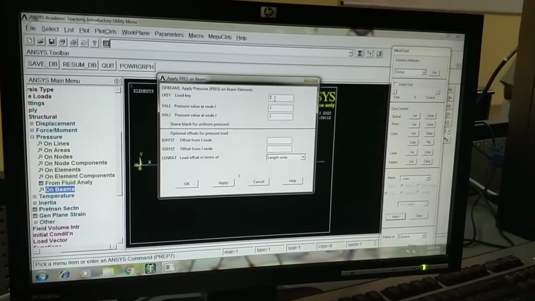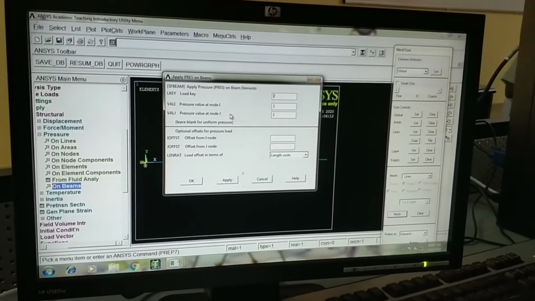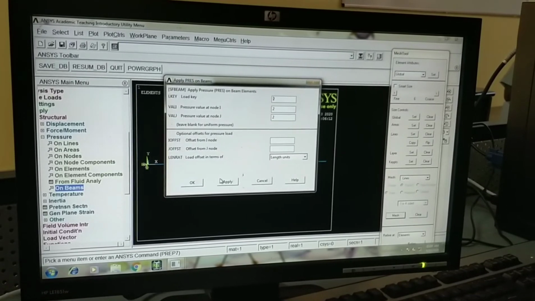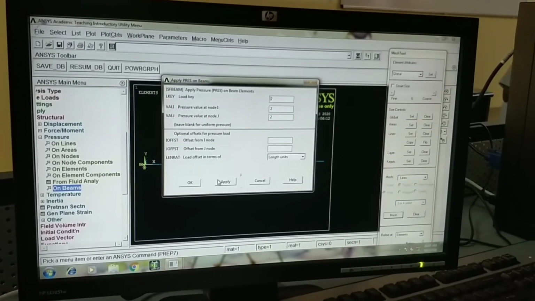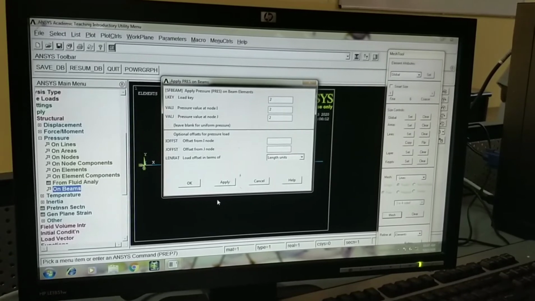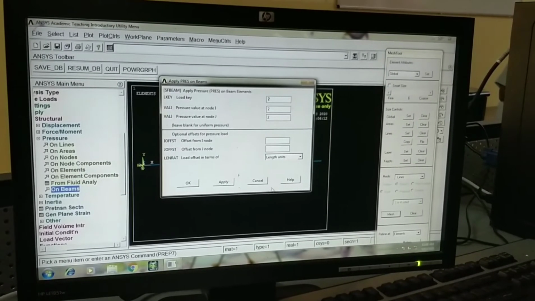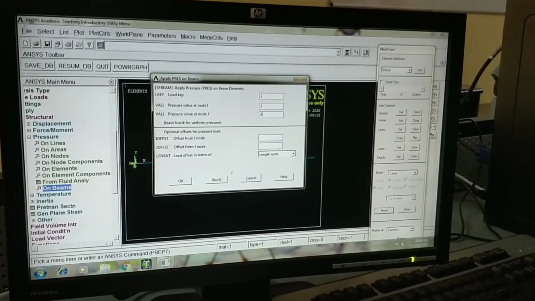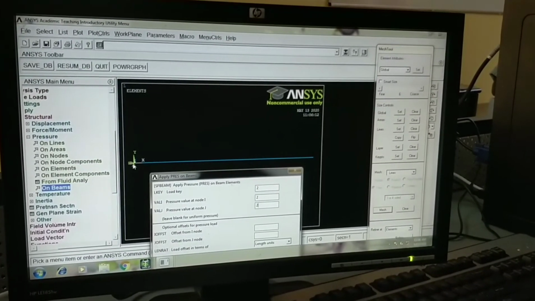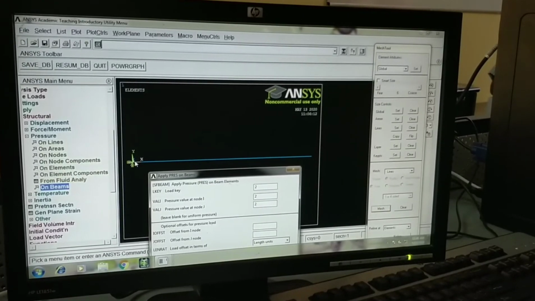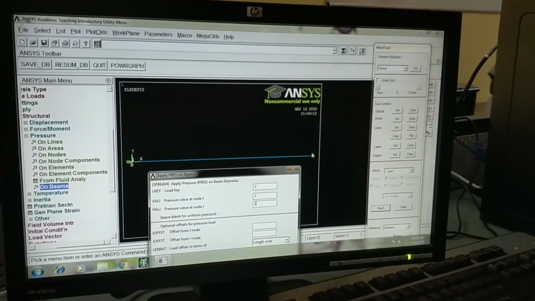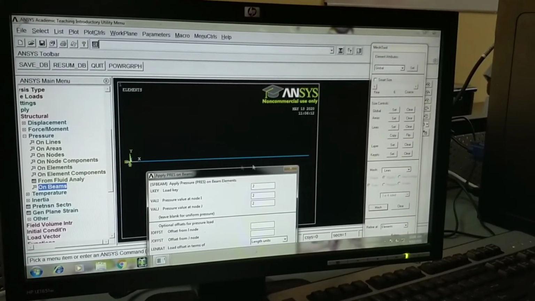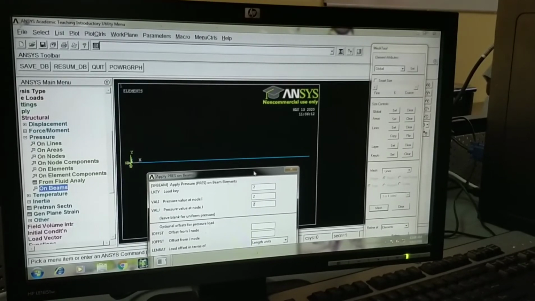So that is the reason why I will give it as 2, and the load value is 2 kilonewton per meter, since all the loads will be taken in terms of Newton and all the dimensions in mm. So kilonewton per meter will get cancelled out. So finally we'll have 2 at node I, 2 at node J. That means even at this point, a uniformly distributed load of 2 Newton per mm, and even at this point 2 Newton per mm. Similarly, there are 100 such parts here, and on all those parts an equal load of 2 will be applied.